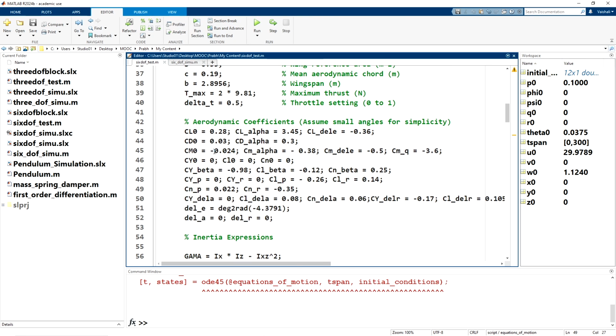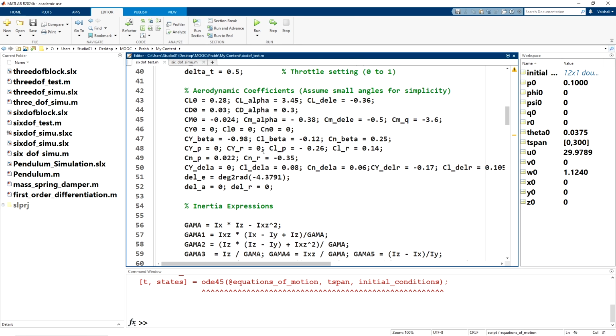And also we have Cm naught as negative. So we know that for trim, Cm naught should be positive, so that we can trim the aircraft at positive angles of attack. But we have Cm naught here as negative. That's all right, because we have already taken the alpha trim condition. We have elevator in the negative direction. That means it is continuously pitching up. It is trimming the aircraft at positive angle of attack.